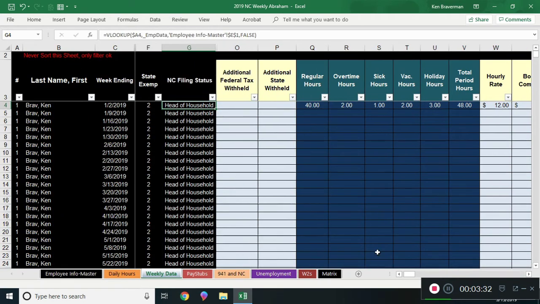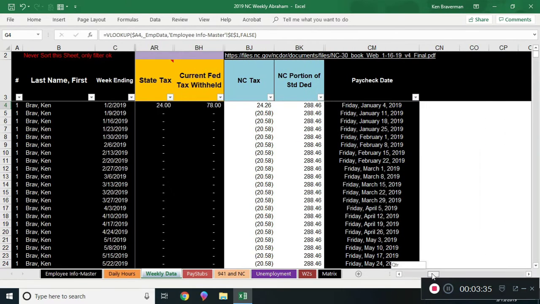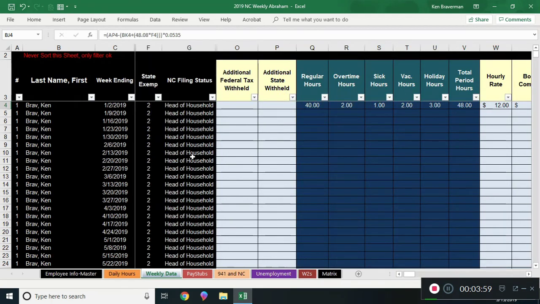Now, once it looks for that, it puts that amount here of what that portion of the standard deduction is. And then we also need to subtract some more stuff out from your potential gross wages or taxable gross wages that are going to be looked at for North Carolina that you're going to tax. It's $48.08 times the number of allowances or deductions, really, that they have for North Carolina, which is this number right